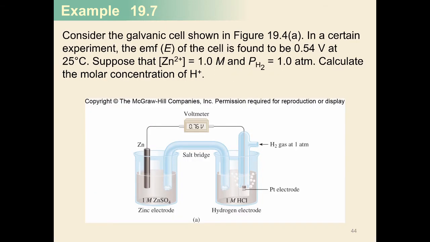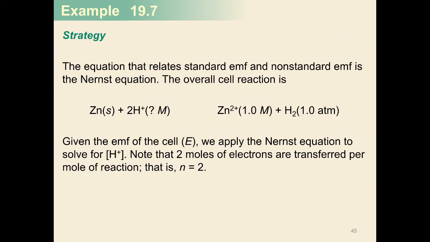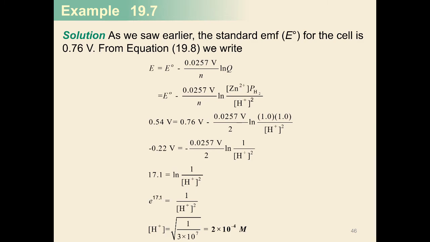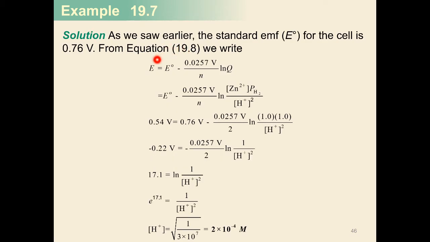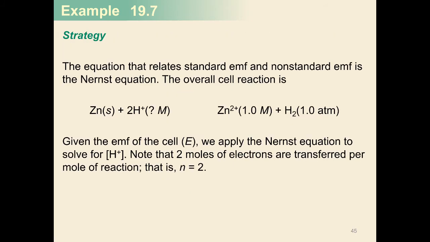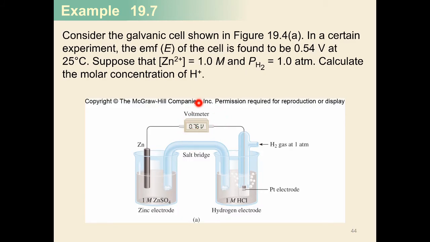Basically, if we look at our equation, how many electrons are moving? We have 2 electrons moving. So we can double check it here. Now the thing here is we are going to use also the Nernst equation. For the Nernst equation, again, E is equal to the standard potential minus 0.0257 volts over the number of electrons times ln of Q. Now, E° is again E cathode minus E anode. Based on our table, this was already calculated as 0.76. This is the standard potential, 0.76.